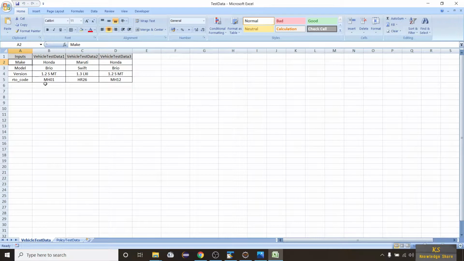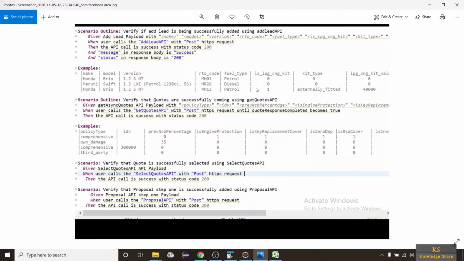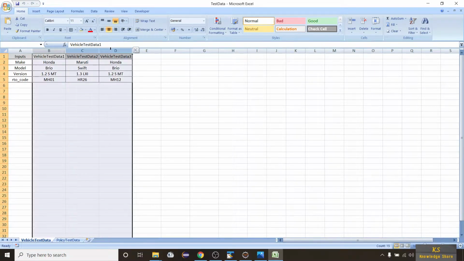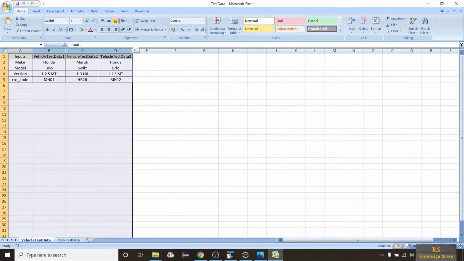Whatever your requirement is, it will run absolutely fine, just that you are using Excel instead of storing everything like this. For now I have taken only three test data. You can extend this as much as you need, so you will understand in a while.